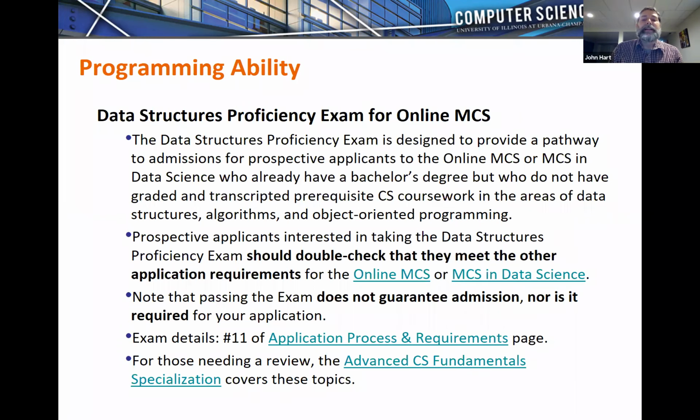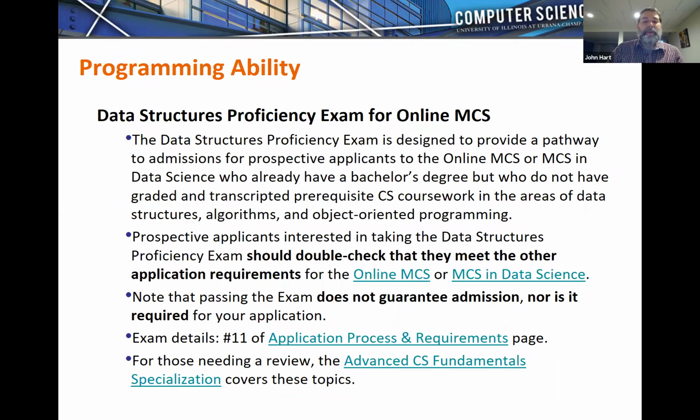But what we need is proficiency in data structures, understanding how to work with linked lists, tree structures, balancing tree structures, hash tables, a variety of the data structures that are used in libraries and upper division courses on computer science and data science. To that end, we have some students that have all of the qualifications but don't have that particular data structures course.